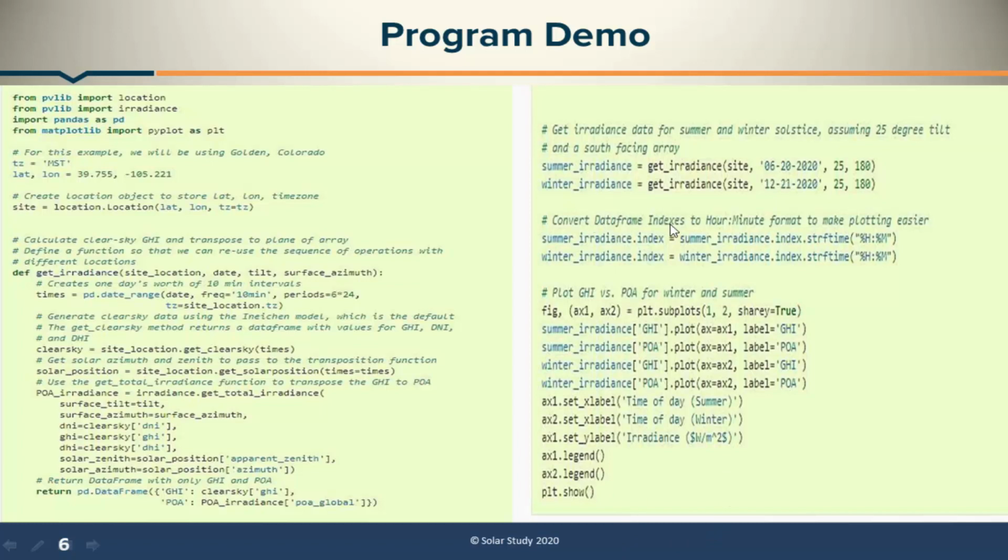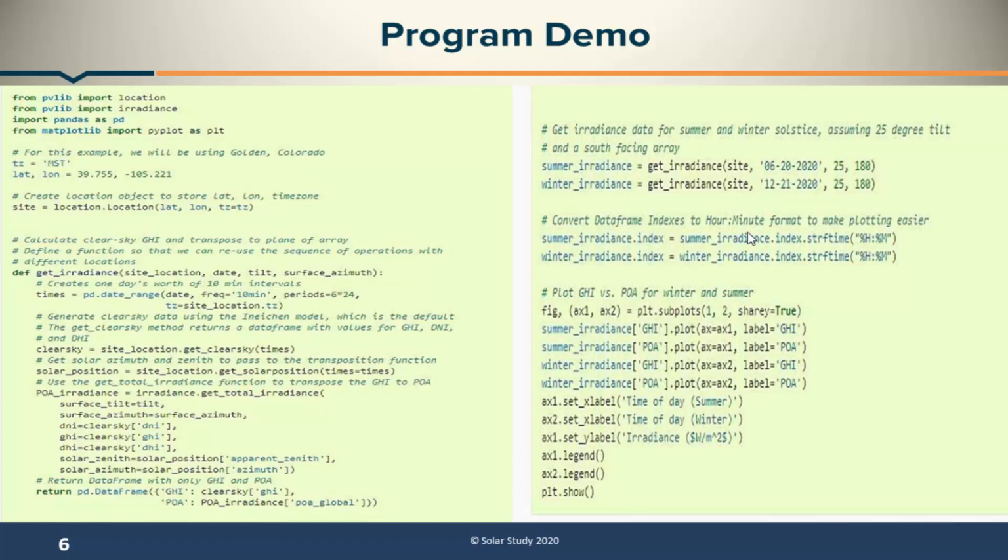Then in order to get a time frame, we have to convert the data frame indices to hour and minute. Sometimes it is in the form of a day, like 1 day, which may not be in hour format, so we have to change that.